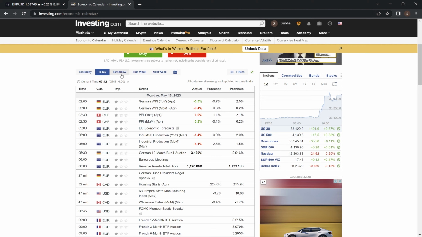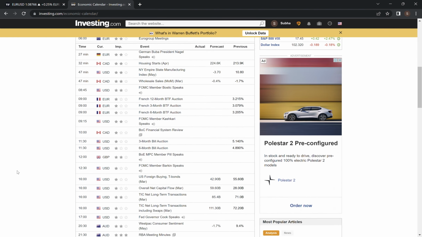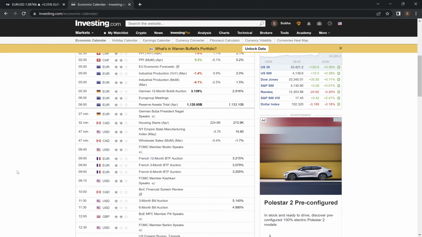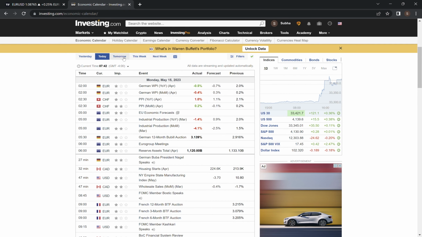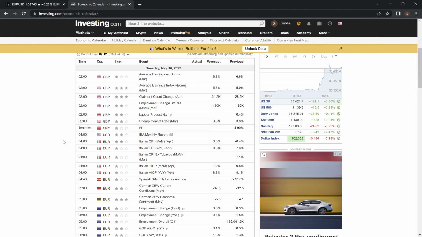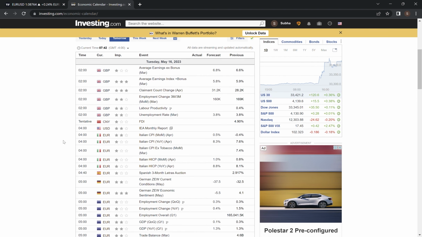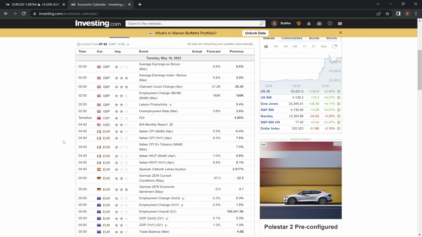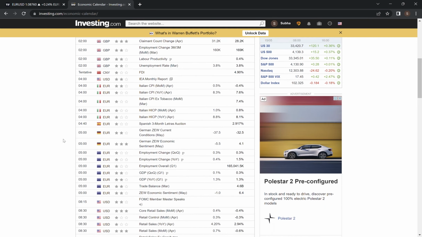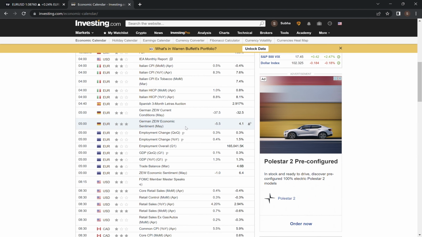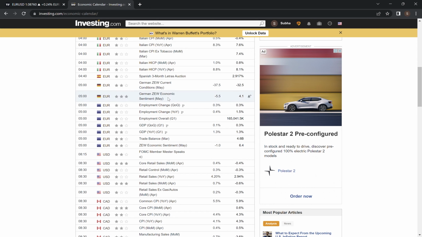So today, as I said, not many news coming up from the Euro and the US zone, and it's going to be a quiet trade setup for today. But looking at tomorrow, we got quite a few stories, I mean news coming up from GBP, the UK region. Even though it's not part of the Euro, it will still have some impact on the EURUSD movements. And later in the day, we have news coming up from the German economic sentiment that has been given as lower than the previous month. Considering Germany is the biggest economy in the eurozone, this will have an impact on the euro's